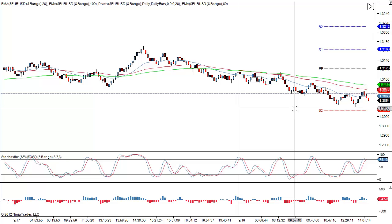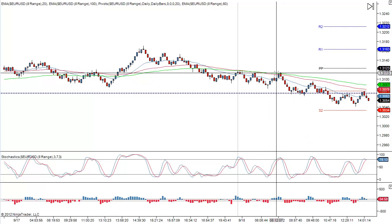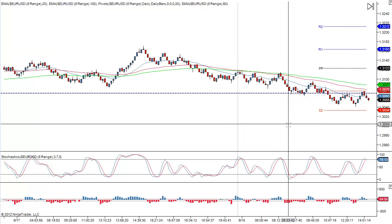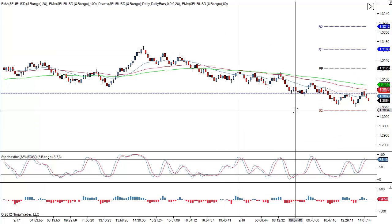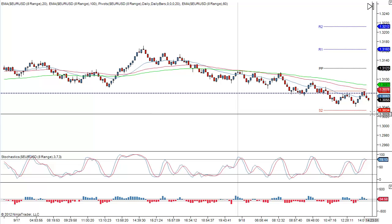Obviously, we need it to come down a little bit further towards the 130.38 type level. What we'll be doing with this particular trade, because the market's been selling off all day and has been quite heavy, is look to see if we get some momentum coming down to this level and it breaks through S2. Then it's certainly something we'd be willing to entertain, to look to